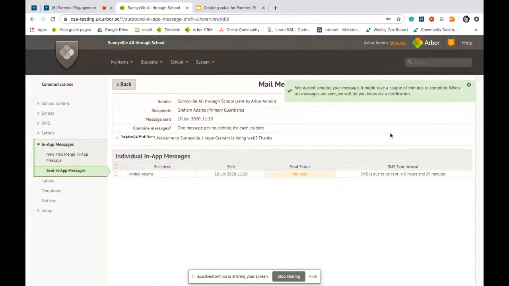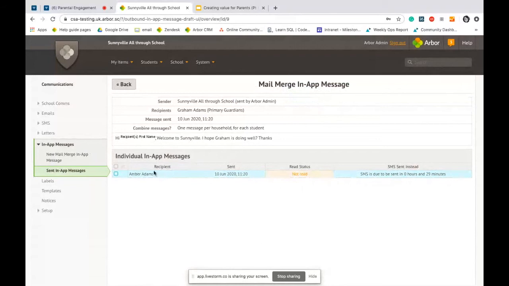If you're sending out lots and lots of messages at the same time, it might take slightly longer than if you're sending just one. And to get rid of that, just click on the little X as well. Now, what's really good here is that once I've sent it, I then get a table showing my recipient again, but now it shows the sent time, so I can see exactly what time it was sent, and I can also see the status of it being read or not read. This tells me at the moment I've sent that message through to Amber, but she's not logged in to read